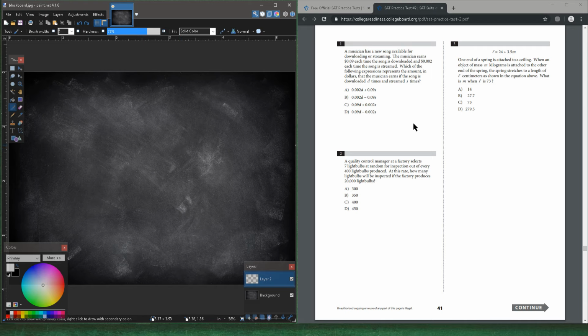Okay, question 3. One end of a spring is attached to a ceiling. When an object of mass m is attached to the other end of the spring, it is stretched to a length of L centimeters as shown in the equation above. What is m when L is 73? So this is just a basic